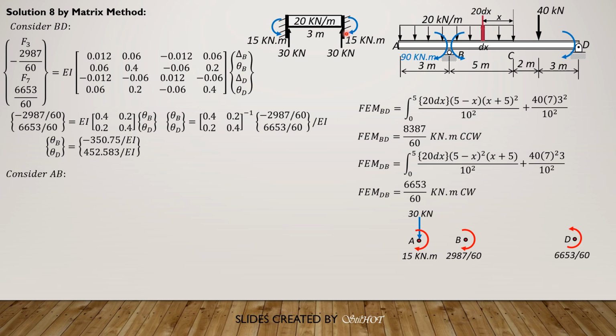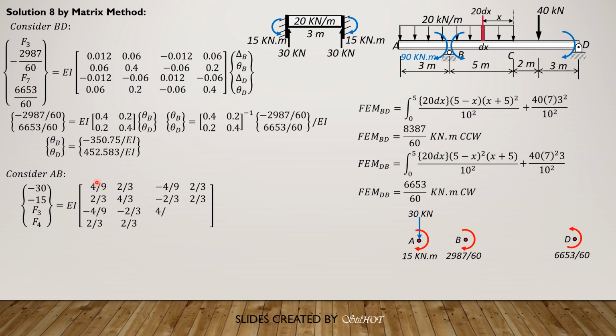So considering AB, the stiffness elements would be 12 EI1 over 3 cubed. So we have negative 30, negative 15, then F3, then F4 equals EI. So 12 times 1 over 3 cubed is 4 over 9. 6 times 1 divided by 3 squared is 2/3. Then the negative of the first, then copy the second, then